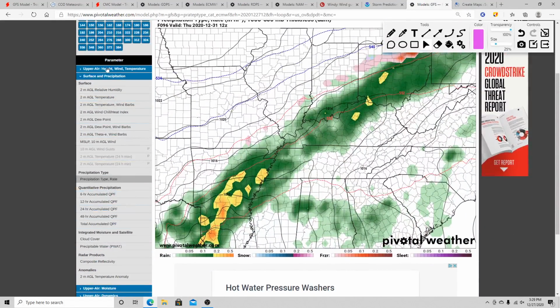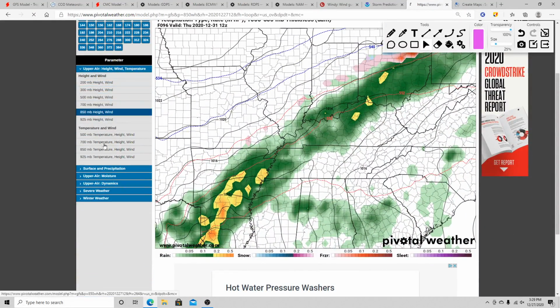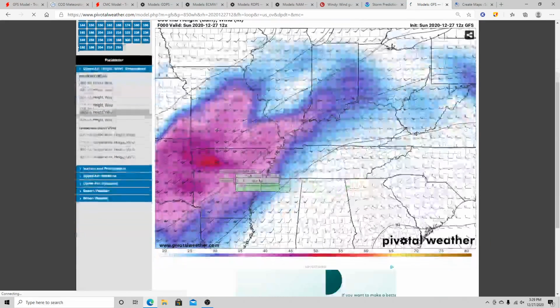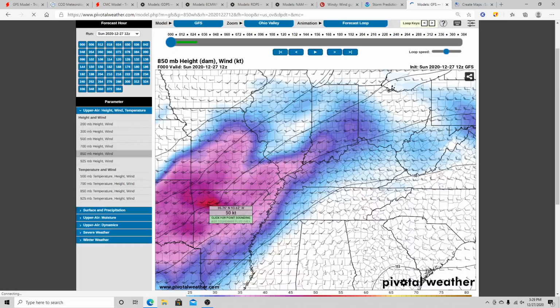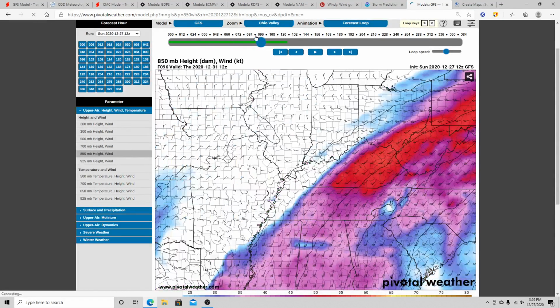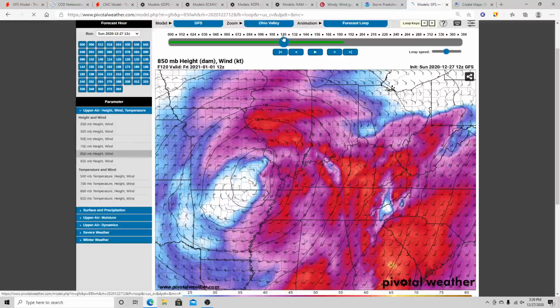And let's go into those upper dynamics here. So this is 850 millibar winds here. And this is what we call wind energy for some of these thunderstorms. And when thunderstorms can build up into the atmosphere this high, sometimes those winds up there can come down to the surface. And as you can see here, here's your cold front right here. We already got winds as high as 55 knots across portions of Kentucky. Then here you go here. You got